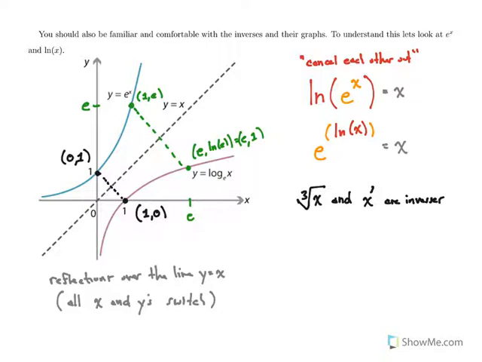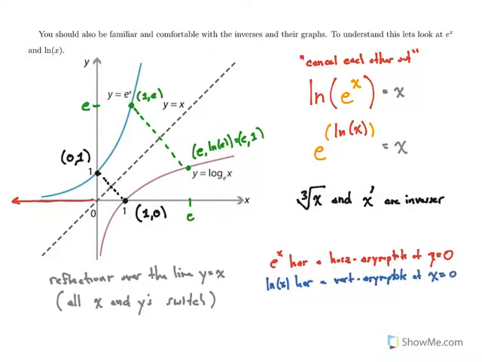And every property of these graphs also reflects. So e to the x has a horizontal asymptote at y equals 0. E to the x approaches the line y equals 0 as you go to the left. The reflection over y equals x means that natural log has a vertical asymptote